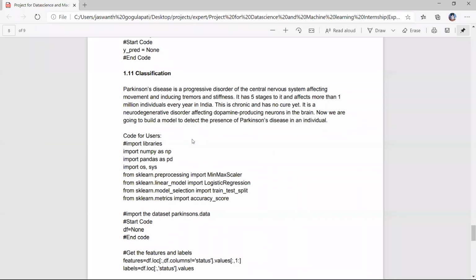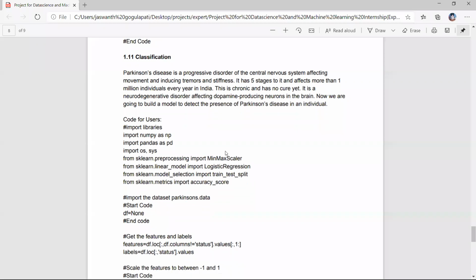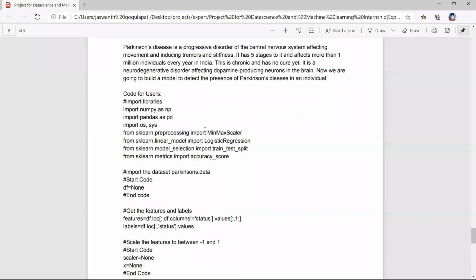HNB refers to hemoglobin level. RBC, WBC means red blood cells level, white blood cells level. Like that, we'll have many columns in this data set. When we give the values of a person, we need to detect. When you give the values, it will say yes, this person has Parkinson's disease, or no, this person doesn't have Parkinson's disease. In this way, we are going to build this machine learning model.